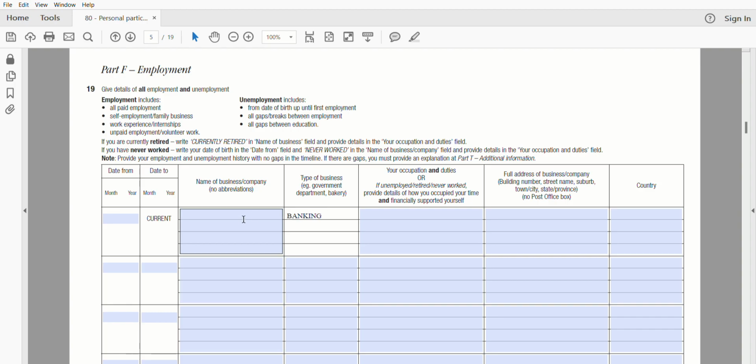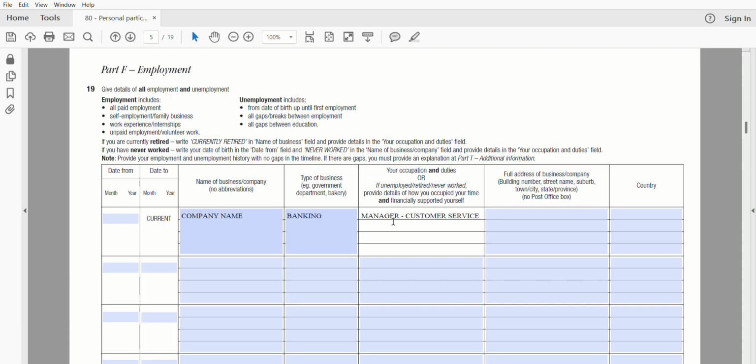The first column would be your company name. Then if you're in the banking sector, you can say it's banking, and then you can give the designation or your role. Let's say manager, customer service, or whatever.